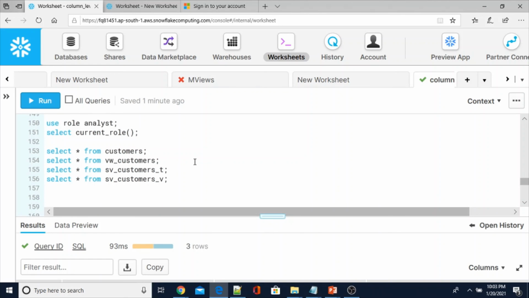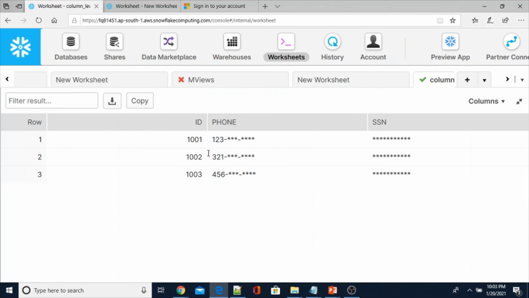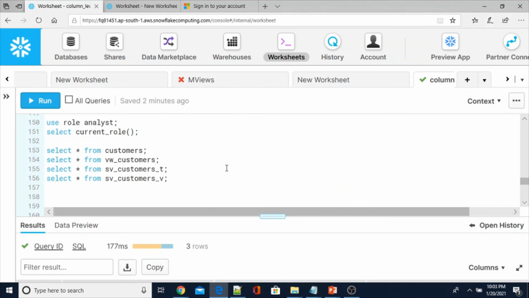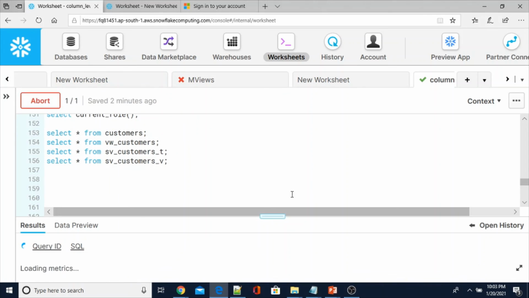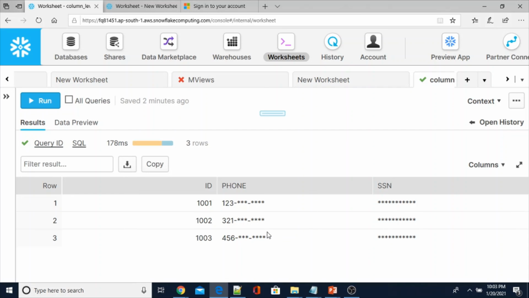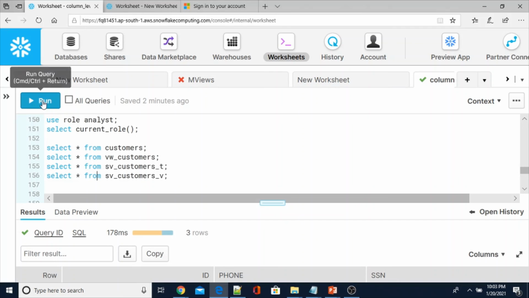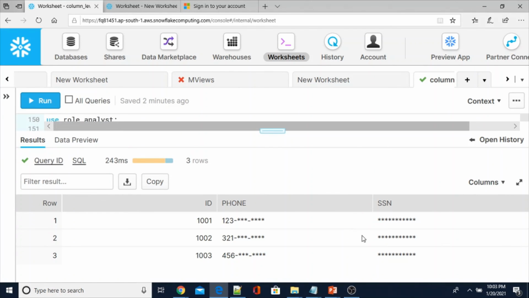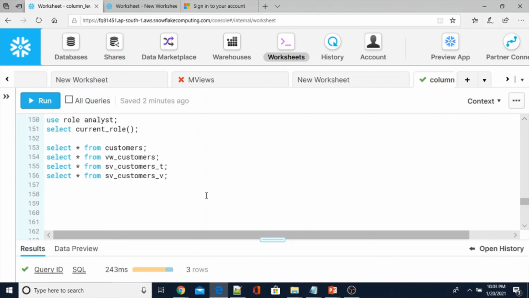Now I'm going to show you the other objects like the view. See, the same policy applies to the normal table, view, and secure view, without any extra changes or extra activities. See, from the secure view also the same result. This is all about column level security by using dynamic data masking.